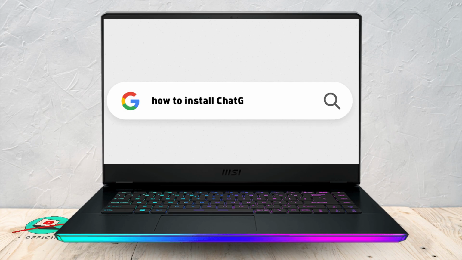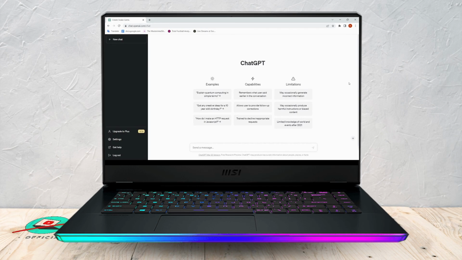How to install ChatGPT in Windows. Since ChatGPT is available only in browsers, there is no other option to install ChatGPT as an application or